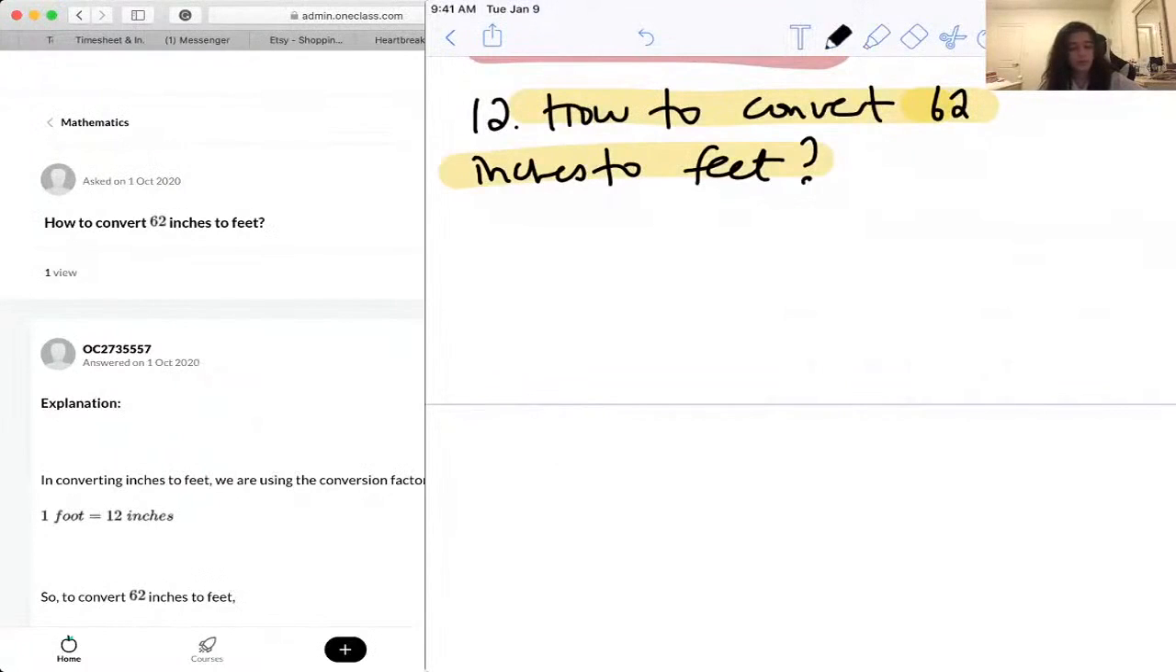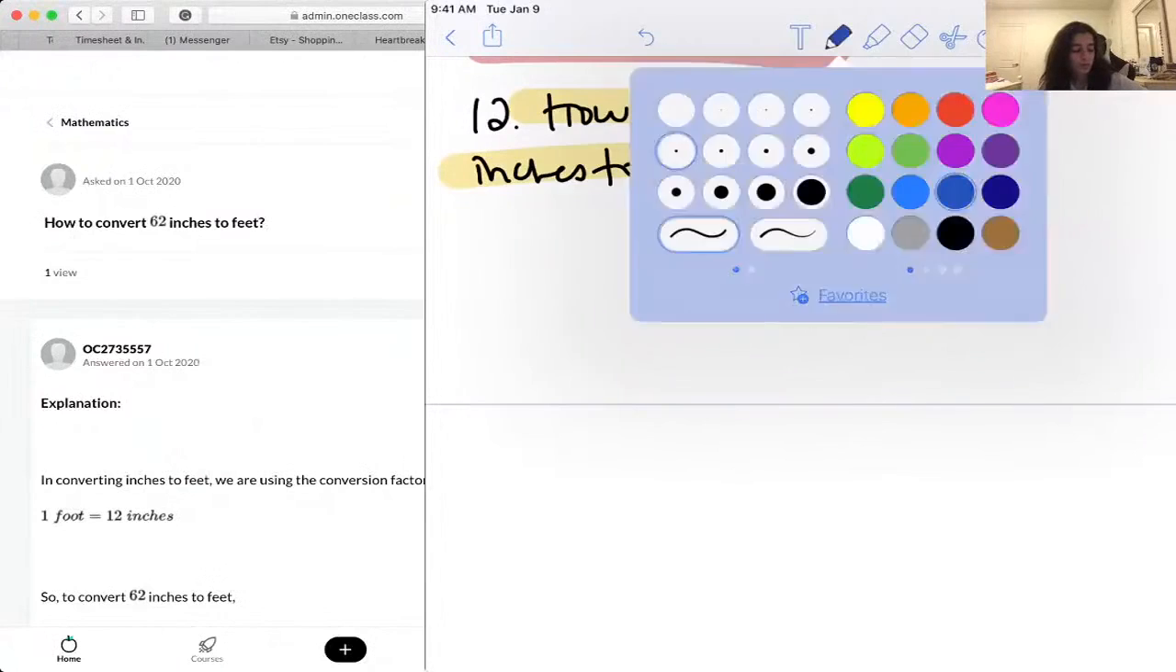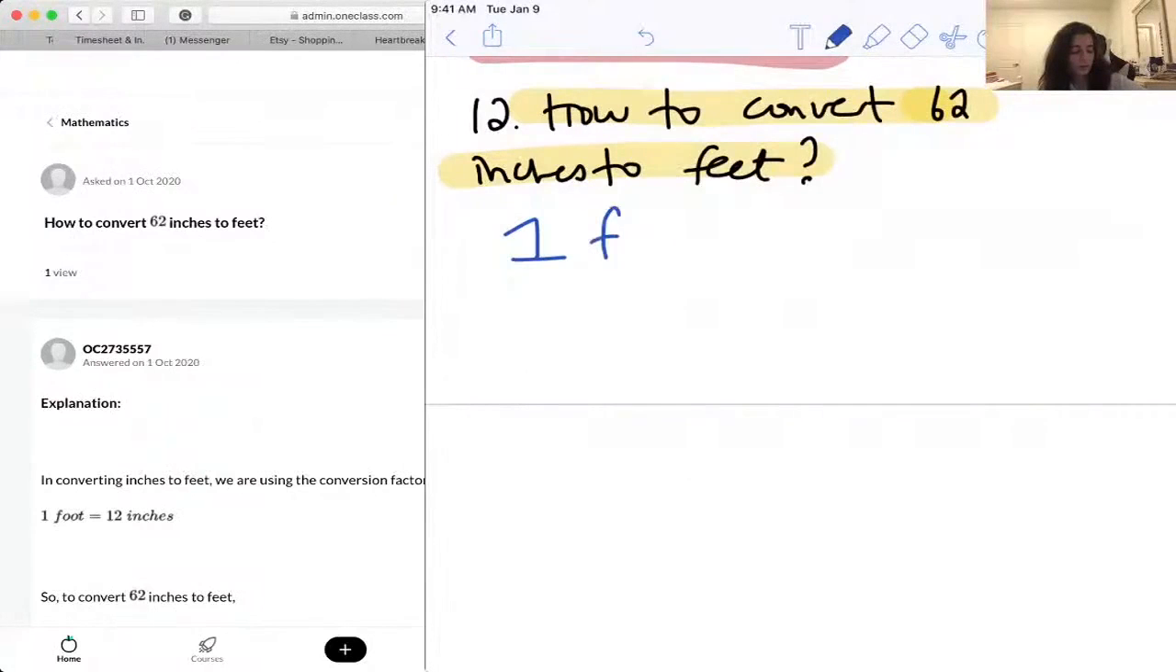So our conversion factor is 1 foot is equal to 12 inches. And we have inches that we need to turn into feet. So we have